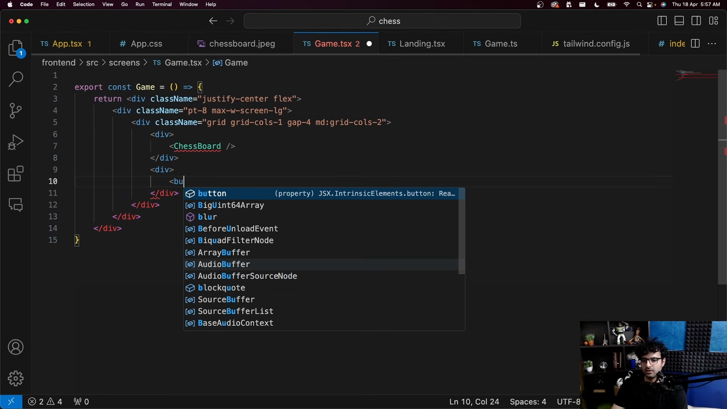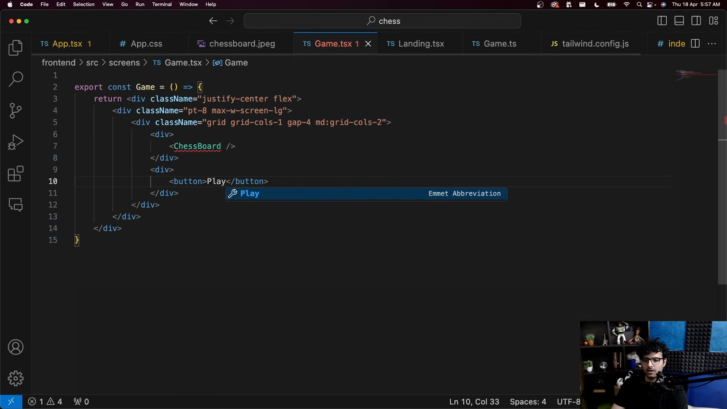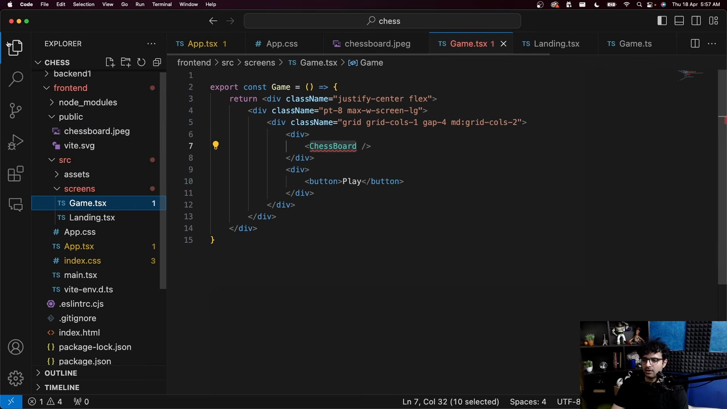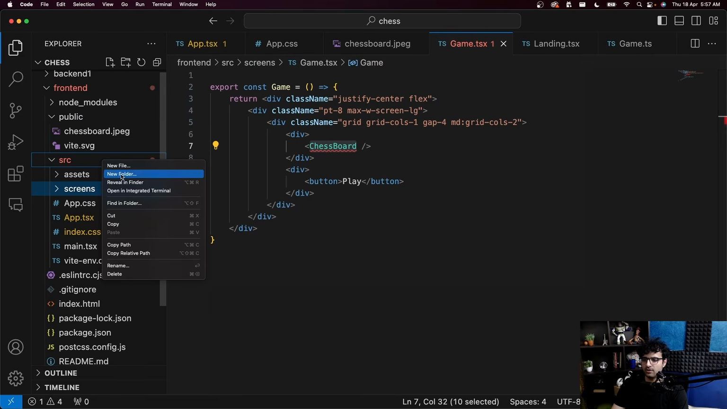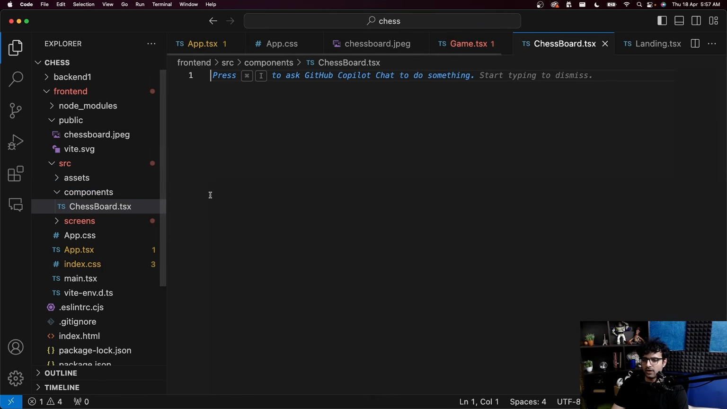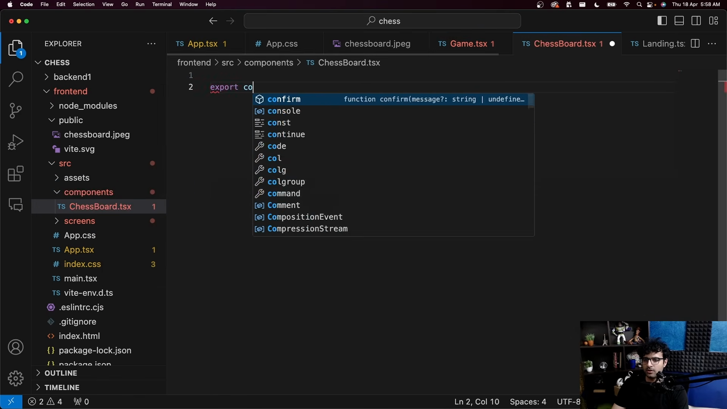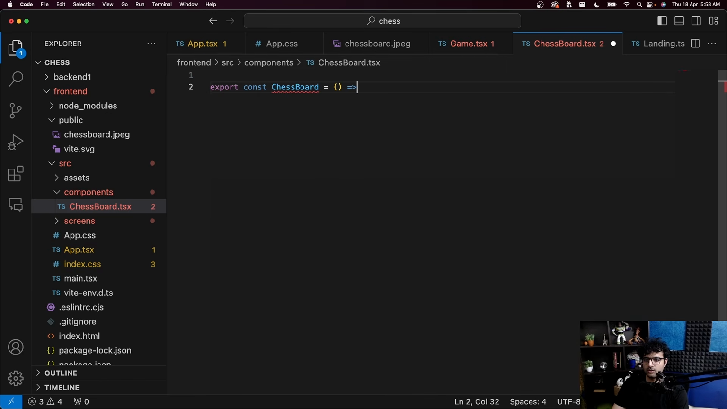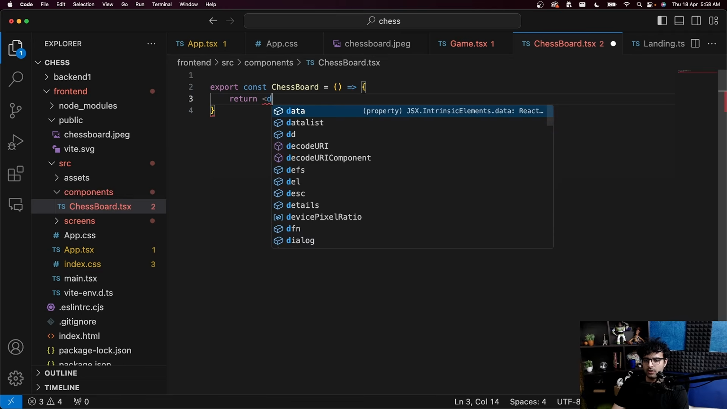Let's just add a button here. Play. Initially, eventually it'll change actually. So yeah, we can define it later on. Let's create something called components here, where we add a chessboard.tsx: export const Chessboard equal to, return div